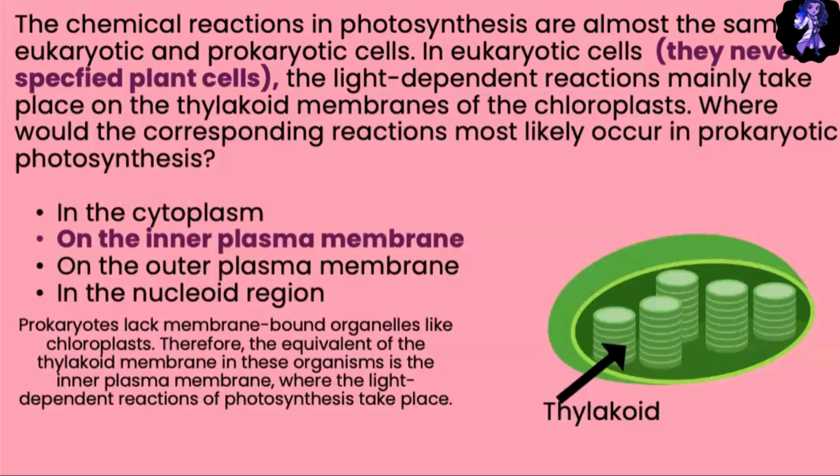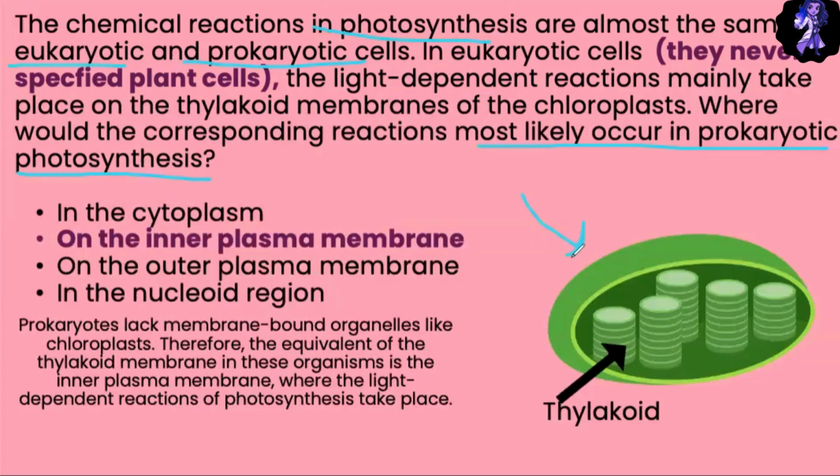So they're saying, guess what? There's photosynthesis in both eukaryotes and prokaryotes. But I want to know where the reaction is going to be if this is photosynthesis that occurs in prokaryotes, in this specific prokaryote. So it's sort of a scientific reasoning question where they say there happens to be a prokaryote, and guess what? It happens to be very similar to a plant cell, and it happens to have a